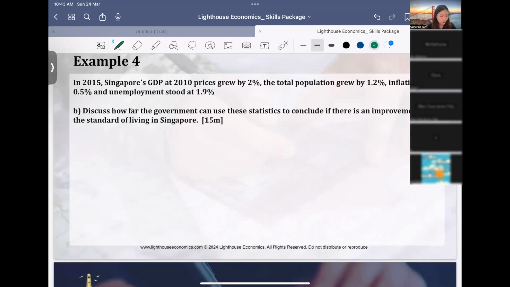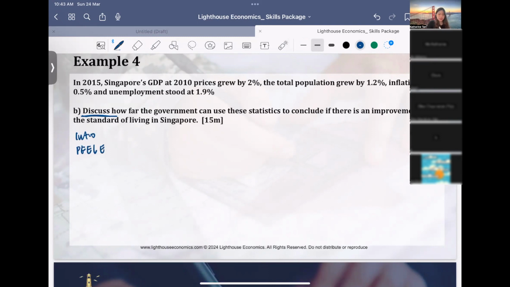The question is, in 2015, Singapore's GDP at 2010 prices grew by 2%, total population grew by 1.2%, inflation was 0.5%, unemployment stood at 1.9%. Discuss how far the government can use these statistics to conclude if there is an improvement in the standard of living in Singapore. So practice the same thing. Command word discuss. Maybe I should write it out. Just intro,